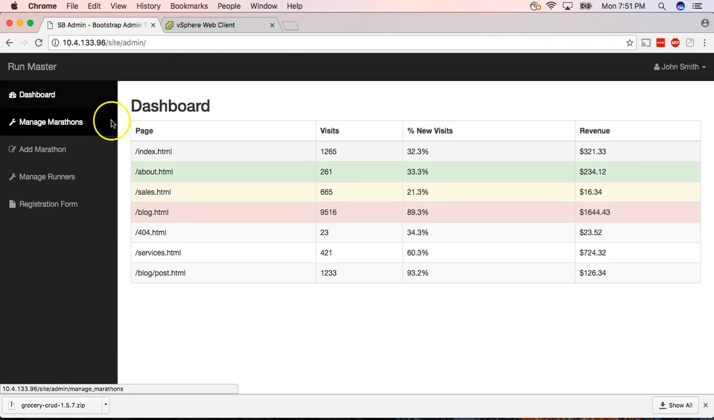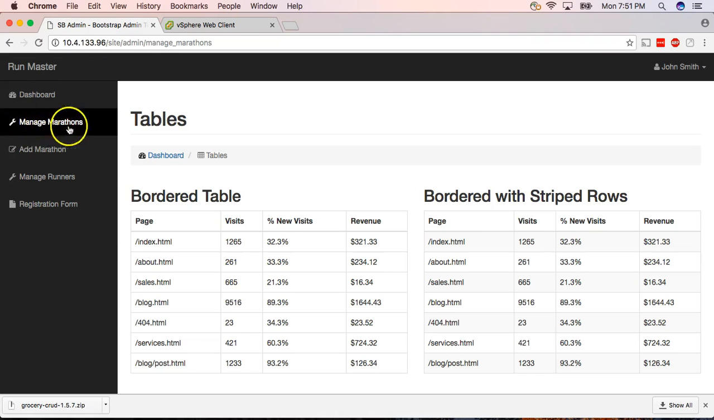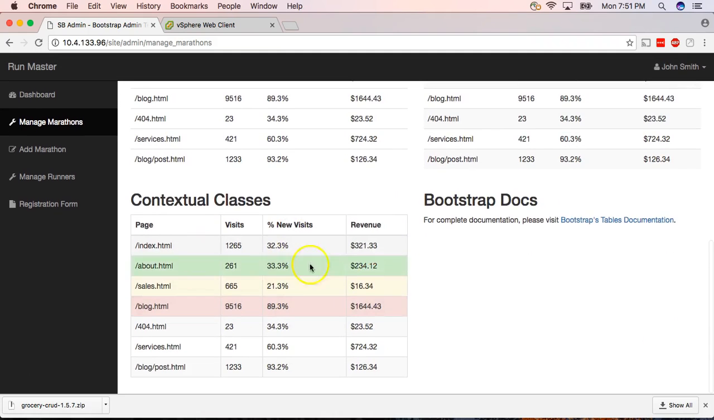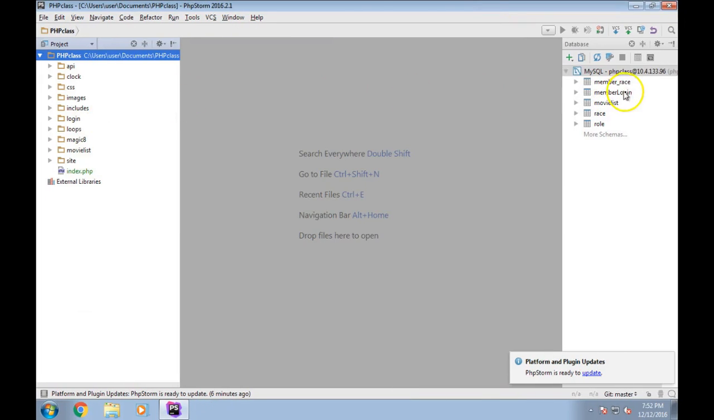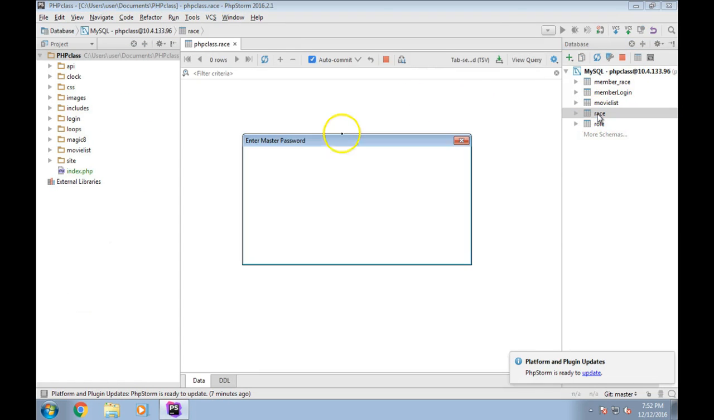I think what I'm going to do is dive into the manage marathons. And the reason I want to start here is I want us to be able to loop through and actually just get this set up the way we want it. And this is probably the easiest place to start just because this is going to mirror our database table. So we have races, and then within our races,